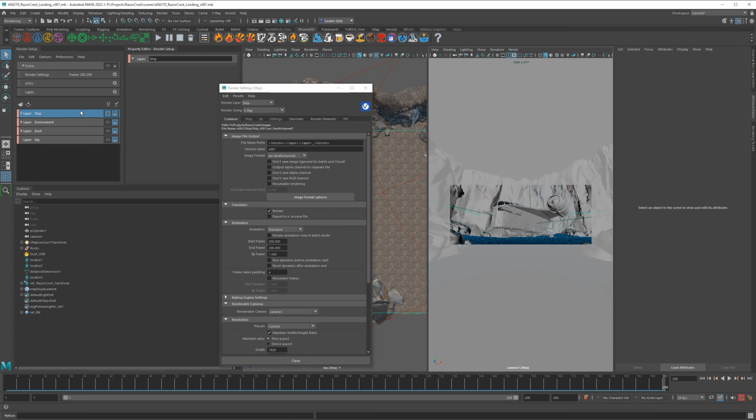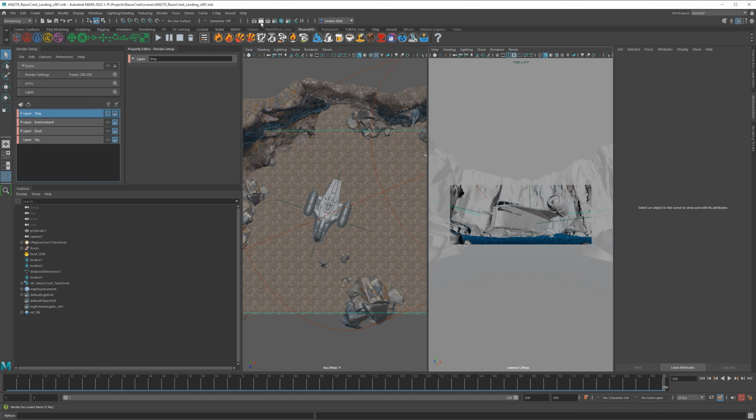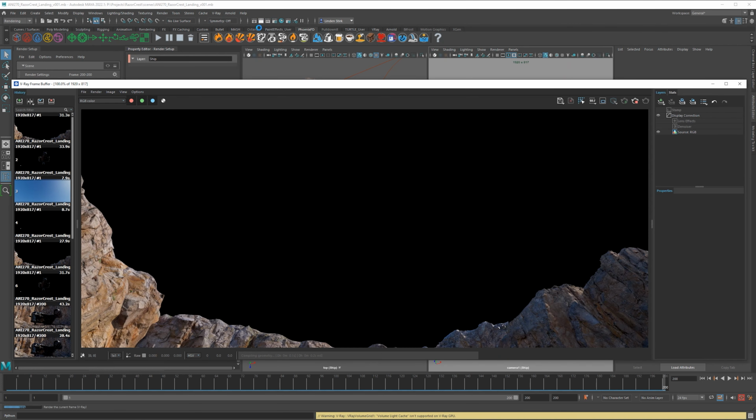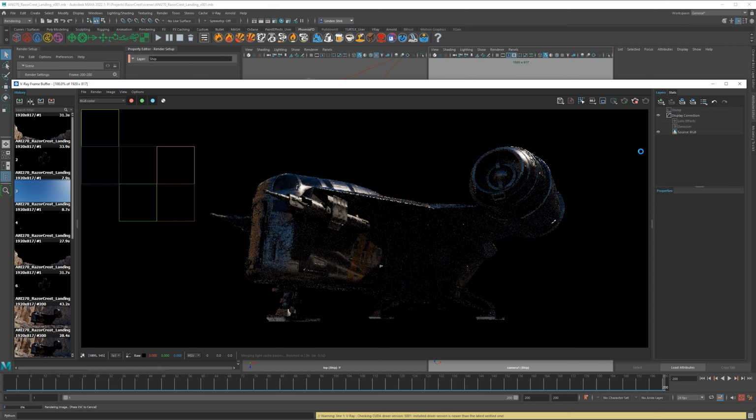All right, so the way this works, you have to make sure you select the correct viewport, because the renderable camera, this is only for batch rendering. It doesn't apply for sequence rendering inside of Maya, as far as V-Ray is concerned. So you need to select whichever one you want to start with. It doesn't matter the order, but I can just start at the top with the ship and close down that, and then I can click on the frame buffer. And make sure you don't click the IPR clapperboard. It's the clapperboard with no text inside. And right here, we start with the ship.